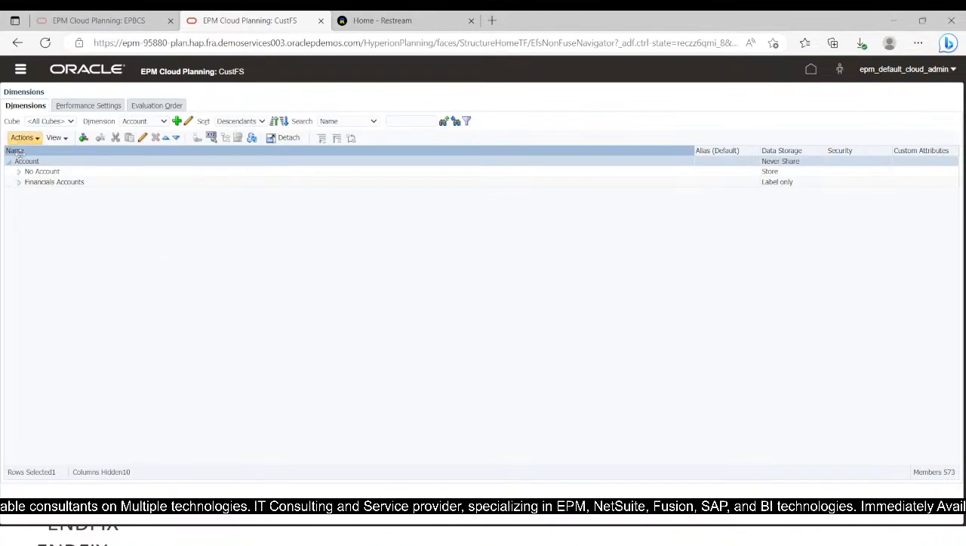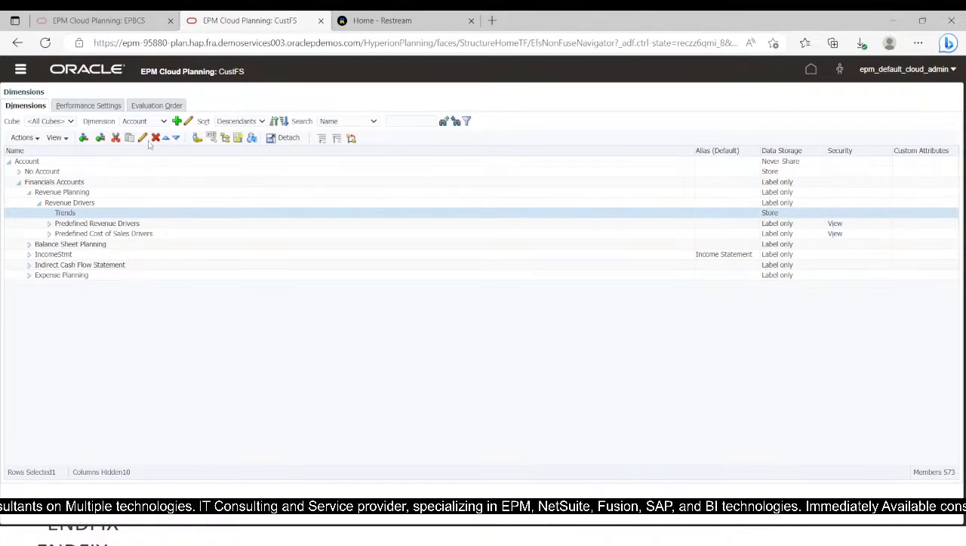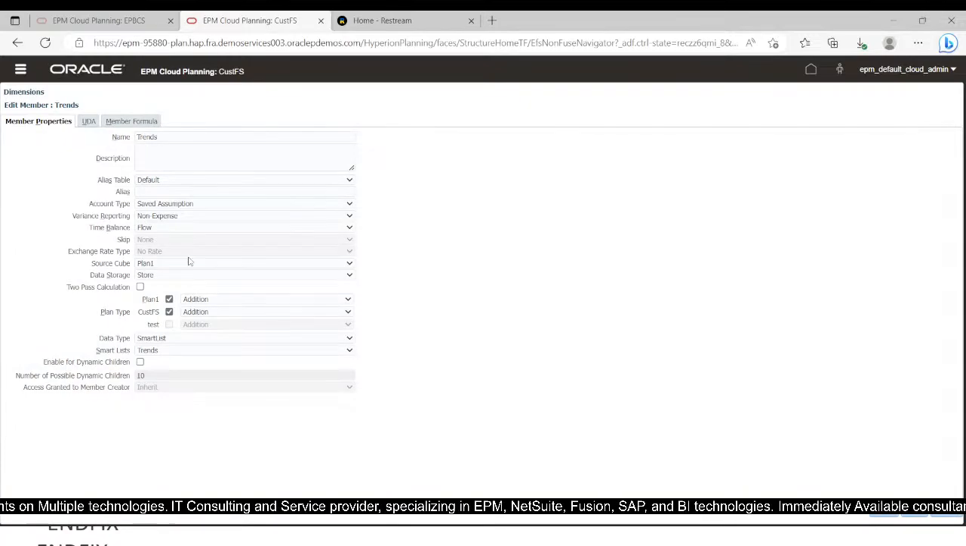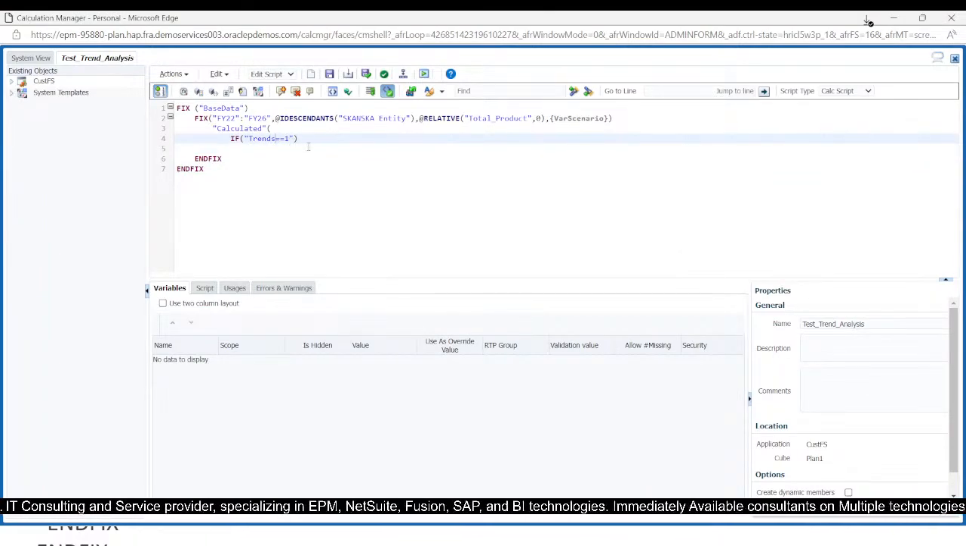So I will take you to the account dimension. In account dimension and financial accounts, here we have the trends members. Okay, it's trends. So this member name is connected with the smart list. Here we can see a little bit downward the data type is smart list and the smart list here is trends. Okay, so I'm going to mention this member name trends. Okay, double equals shows that this member is connected with a smart list and one is the ID number